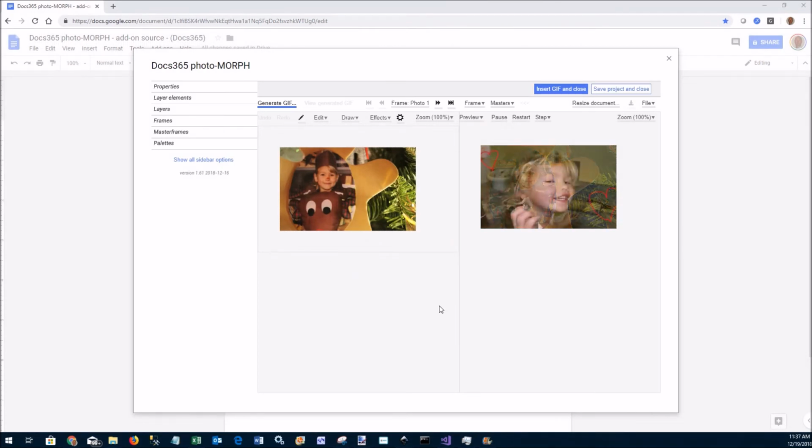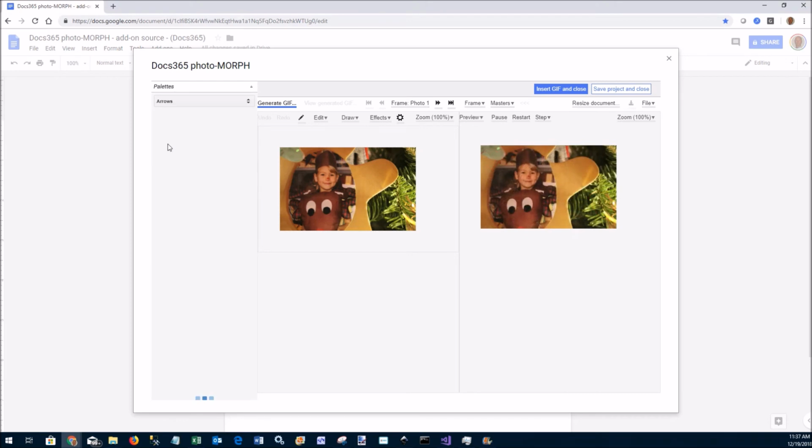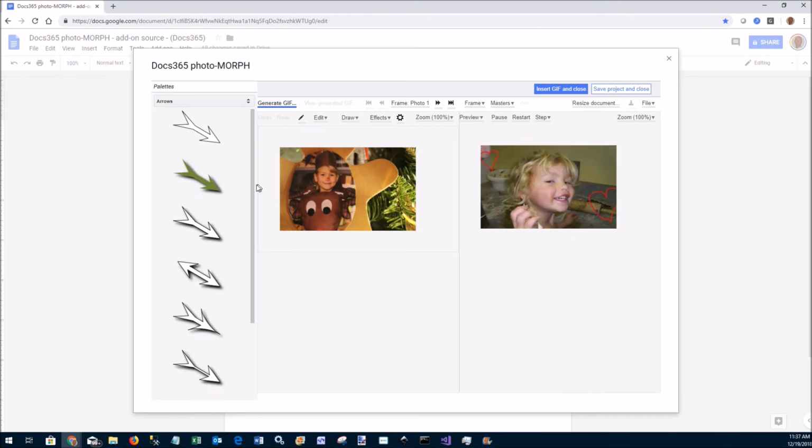I want to show you a few other things here. You can of course draw on in the designer here. So let's say I want to add an arrow to point something out. I go to the palette section. Here I can choose from any number of arrows. I drag it in. I can point to the nose here, and I can then go to the other frame